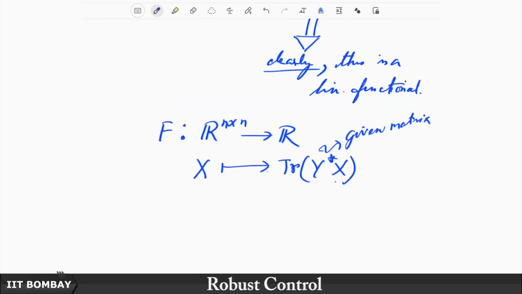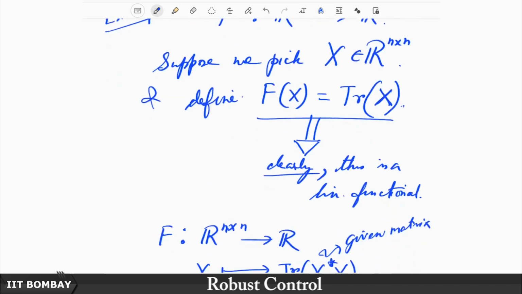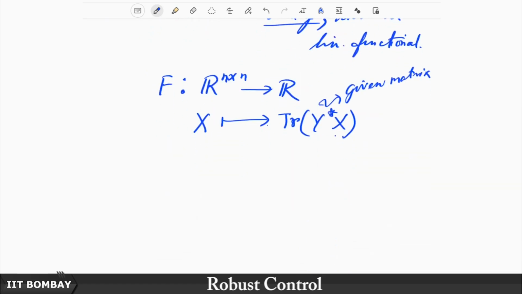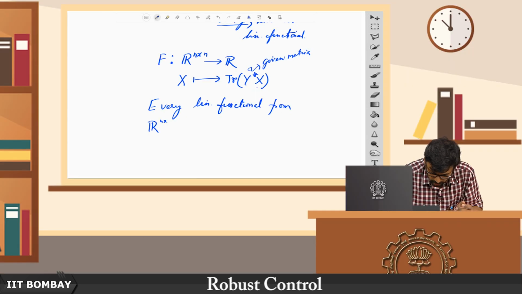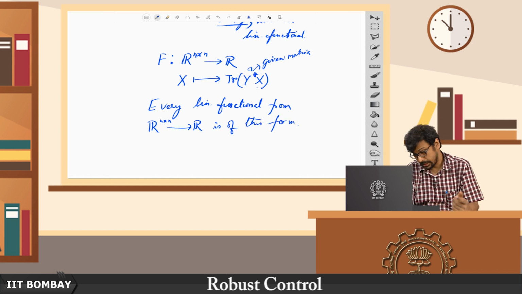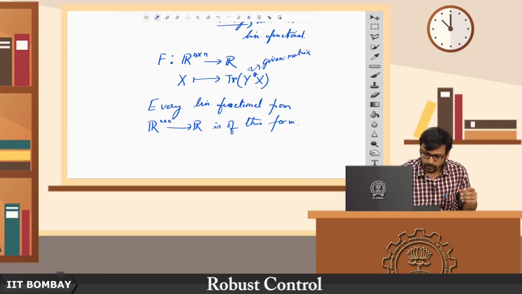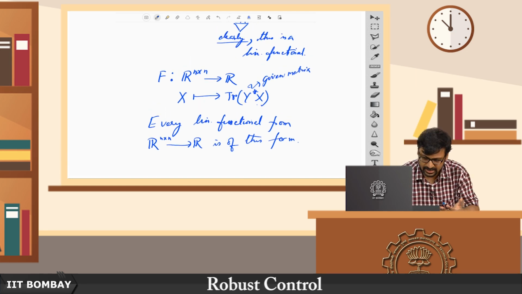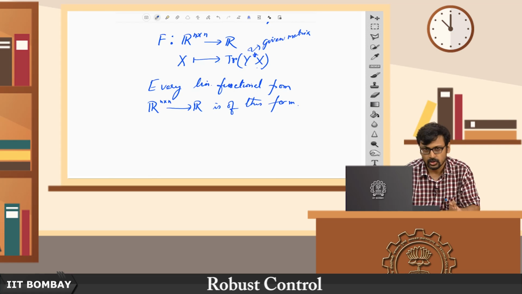But now, just like before, I am going to claim that not only is this a linear functional, but every linear functional from R n cross n to R is of this form. Again, if you do not trust me, this is going to follow along exactly the same lines as earlier. So, remember for